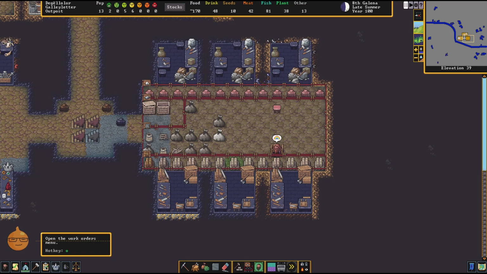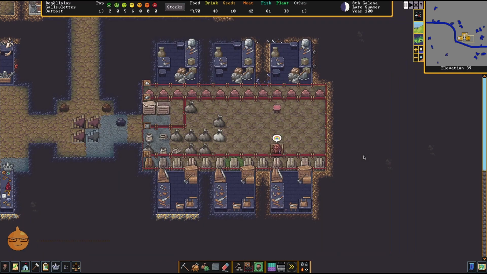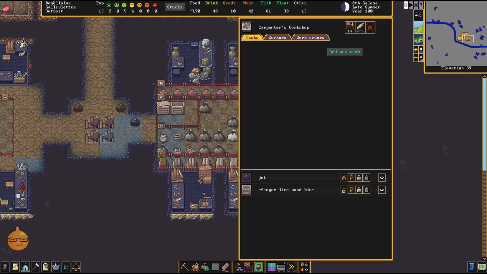And now, if I access the work order menu again, there are no active work orders. So that was a one-time work order for 4 wooden bins. The wooden bins have been made, so that work order is complete and it's not in here anymore. Okay, so this really simple use on its own is pretty useful, because instead of going in a workshop and saying add new task, wooden bin,